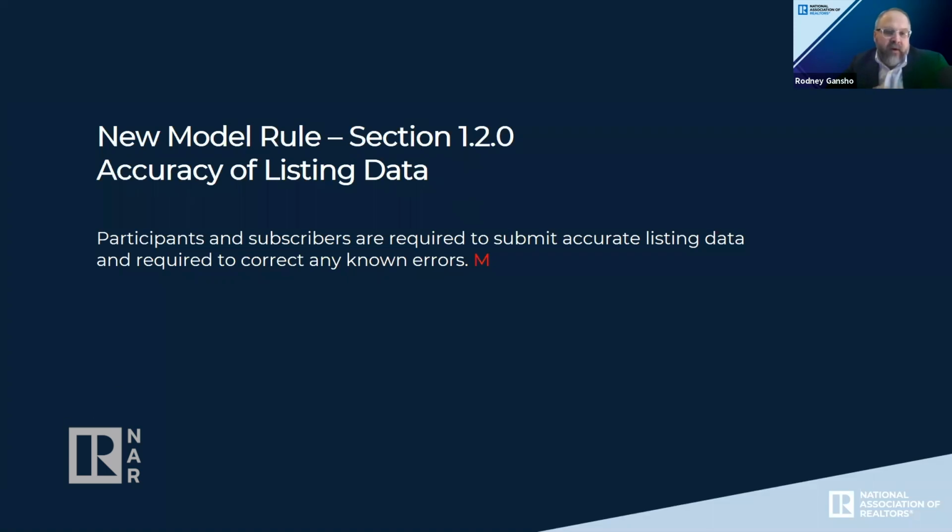And this one drives right to the heart of the issue in that there wasn't a policy on the books on a national level before that stated this, but now MLSs will adopt this policy, which will require participants to provide accurate information, and where it's deemed that the information is not accurate, that they will correct that.